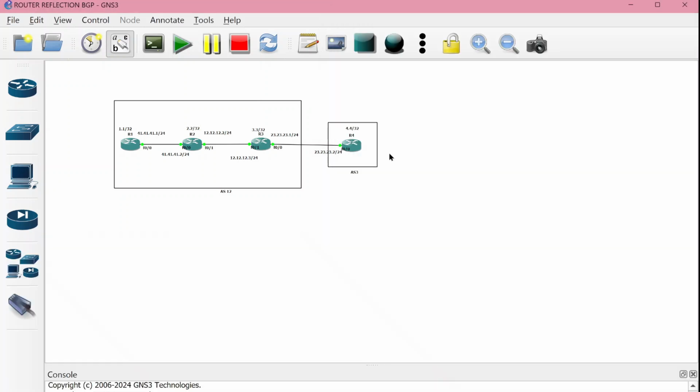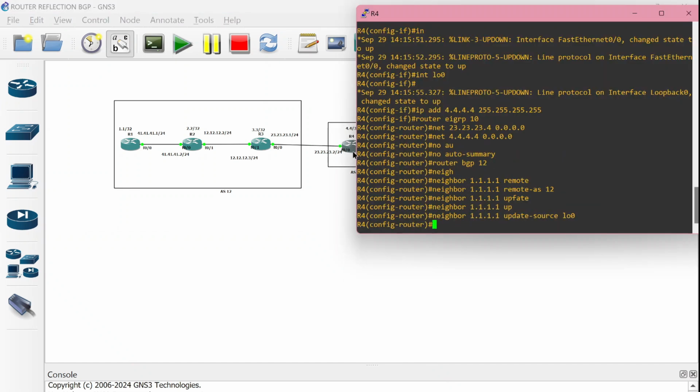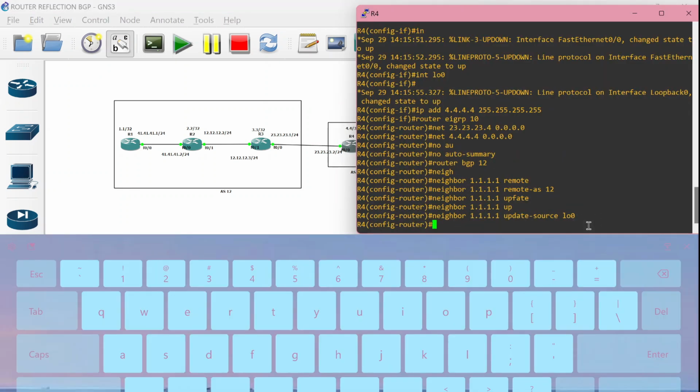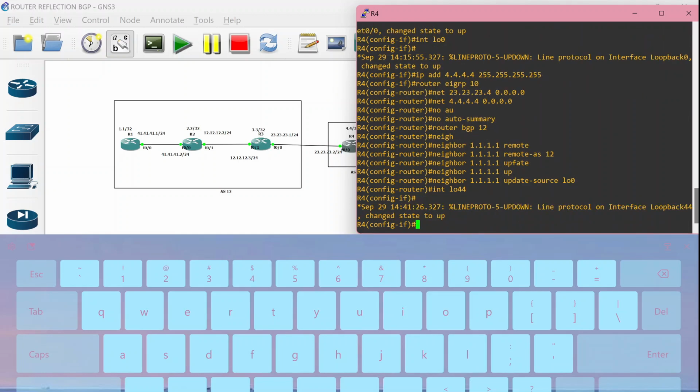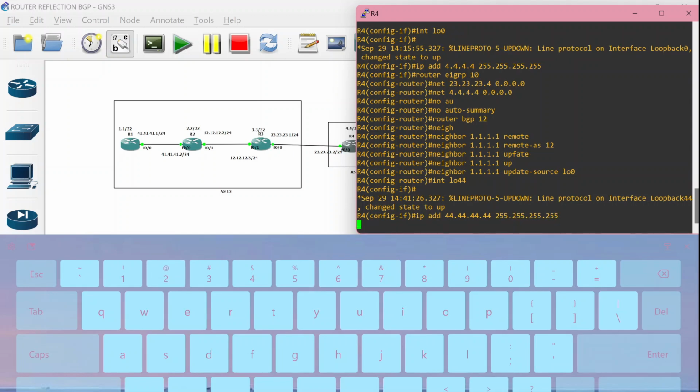I wanted to do it again, but no, for the configuration from the start we can make it again. 4.4 and the subnet is the same as the other loopback interfaces.